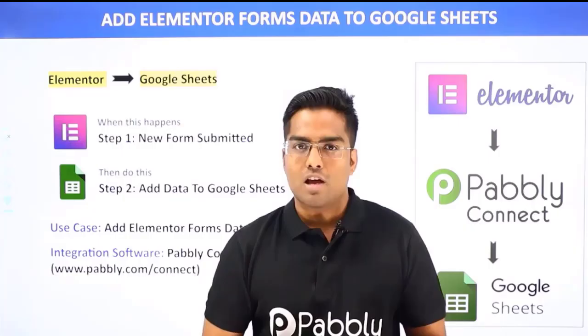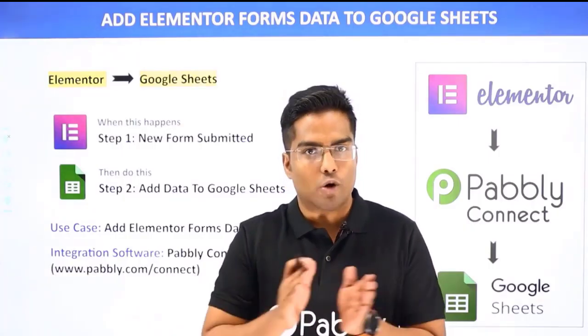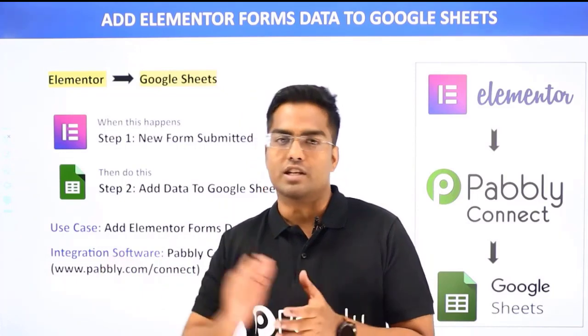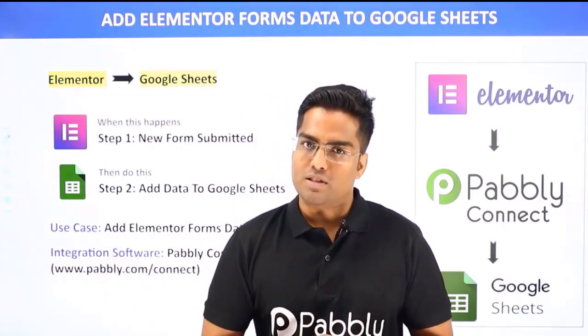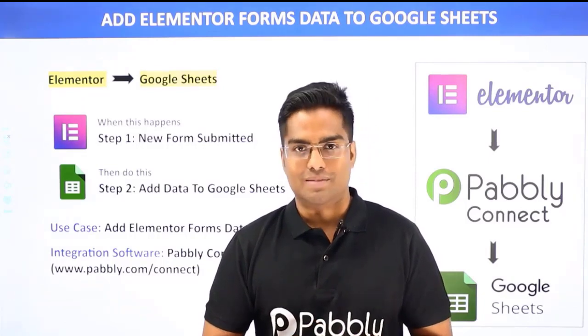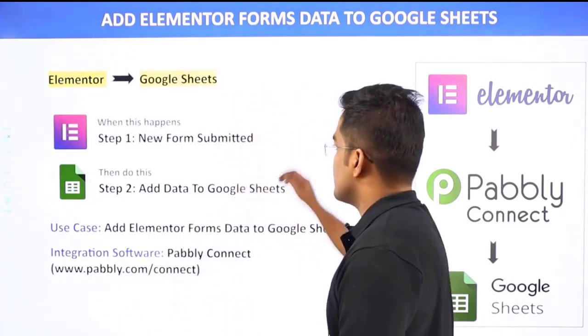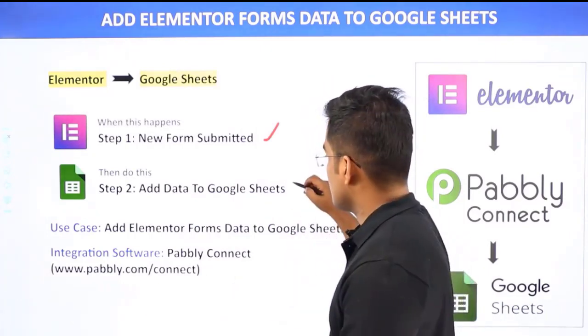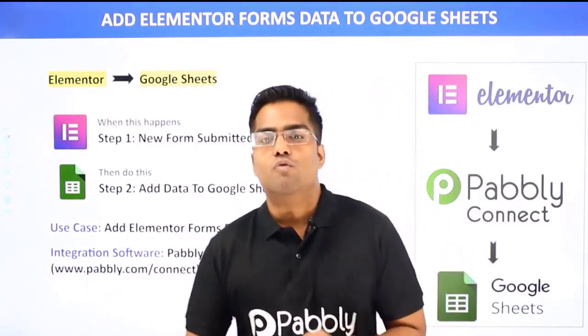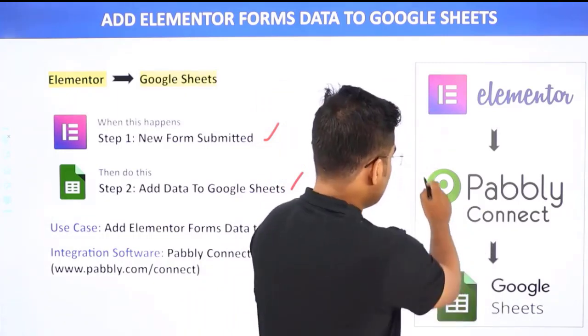The first choice is you copy all the data from Elementor, sort it out and manually paste it into Google Sheet. Now this process is very tiresome. So I will introduce you to the second method, that you bring in some automation. So here what will happen is when a new form is submitted in Elementor, it will automatically add this data to Google Sheet. So in this video, we will be using Pabbly Connect